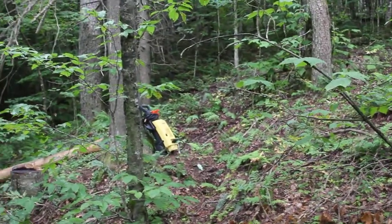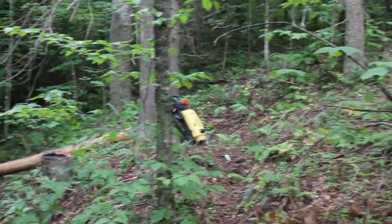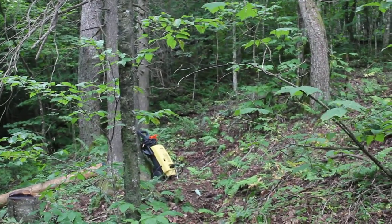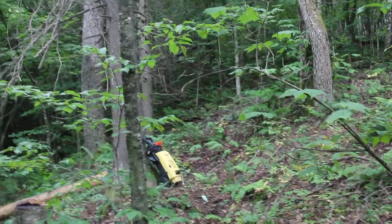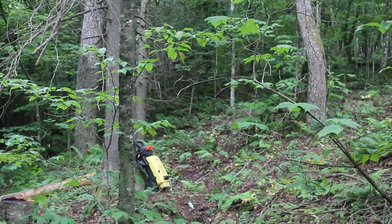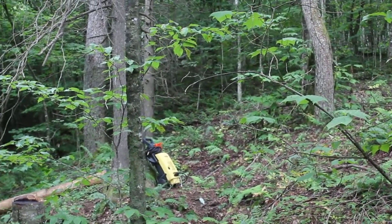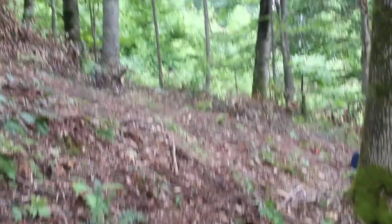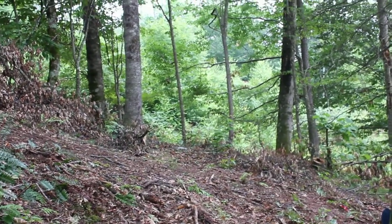There's a flat spot right up there, right above where that tree fell. And I'm going to do my cob studio over there. So once we get all this log stuff taken care of, that'll be my next exciting endeavor. And then if we get this part flattened out like I just showed you, then I might actually start